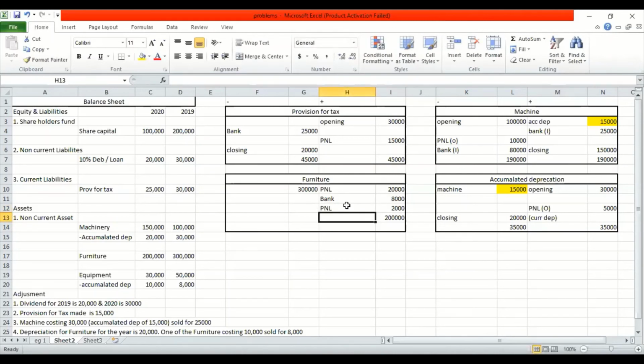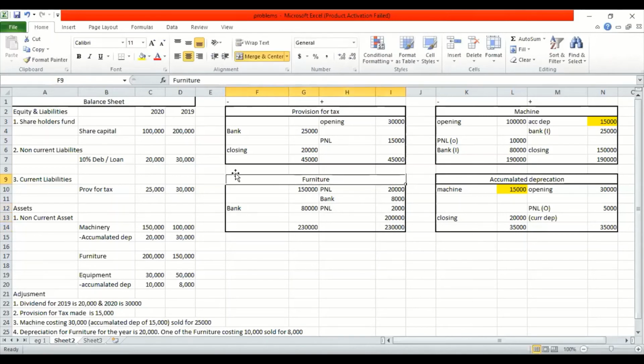Now we have to close the account. Okay, one small correction, the figure is 150 here. There's a small mistake which happened. Now we are going to close the account. 2 lakhs plus 20 plus 10 is 30, that is 2,30,000. 2,30,000, and then I get a balancing figure of 80, right? So what is that? Bank.